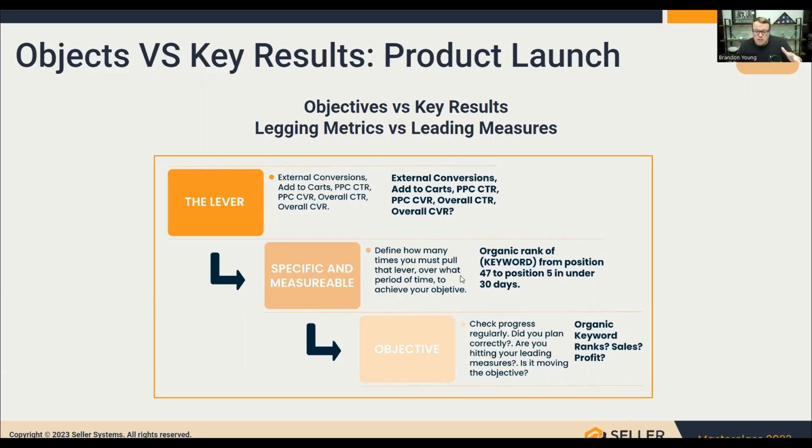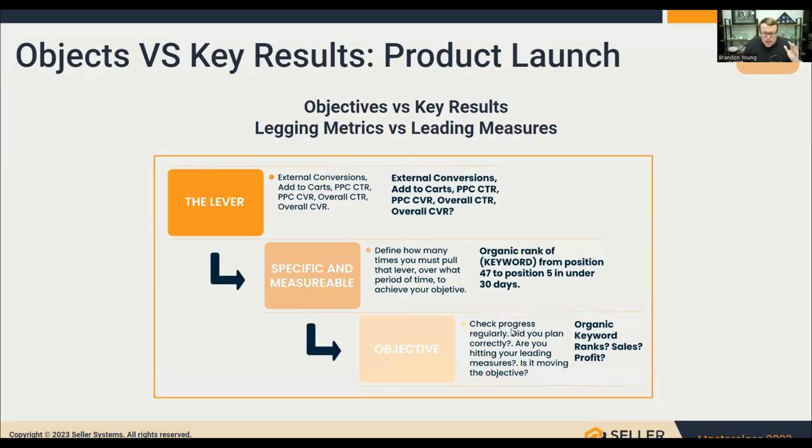But how many times do you need to pull that lever? If I'm pulling that lever every single day, the leading activity is keyword research and PPC research. The next leading activity from that leads to turning on new campaigns and testing new keywords, right? New match types, new keywords, going deeper, new broad campaigns, and then optimizing and monitoring those. So my leading activity at the top of the funnel was research, then an activity of optimization, and then you see if you're moving in the right direction. That's what we're talking about with working backwards, setting specific and measurable goals.